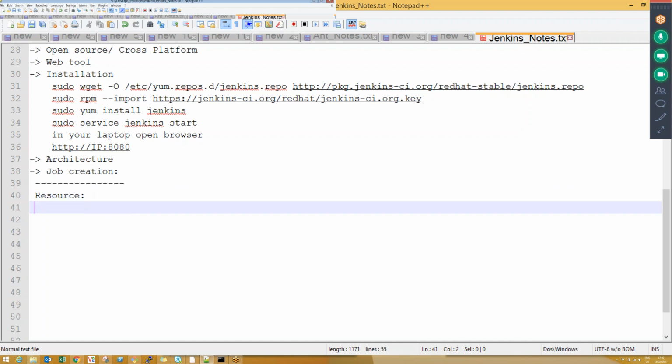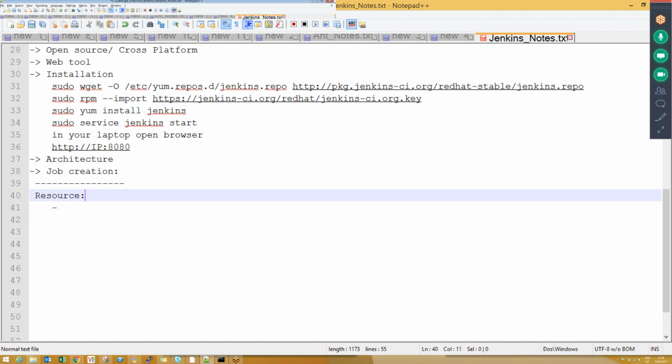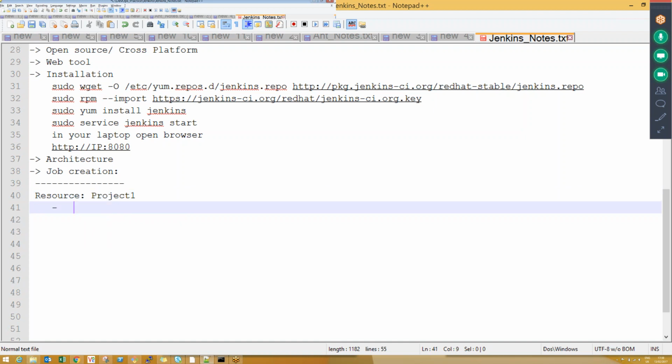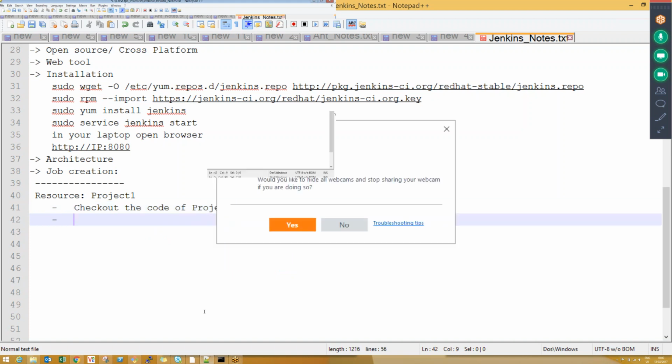As part of continuous integration, we perform several tasks. Let's list down all those tasks one by one. Then you'll get an idea of what exactly these tasks are and how we embed them in Jenkins. The first and foremost is, there is one project. They assigned a project and ask you to perform continuous integration on project 1. So the first step you're supposed to do is check out the code of project 1. Then after that,